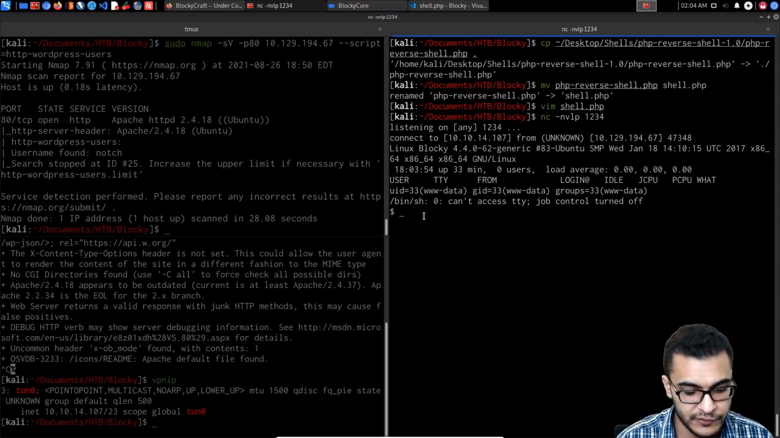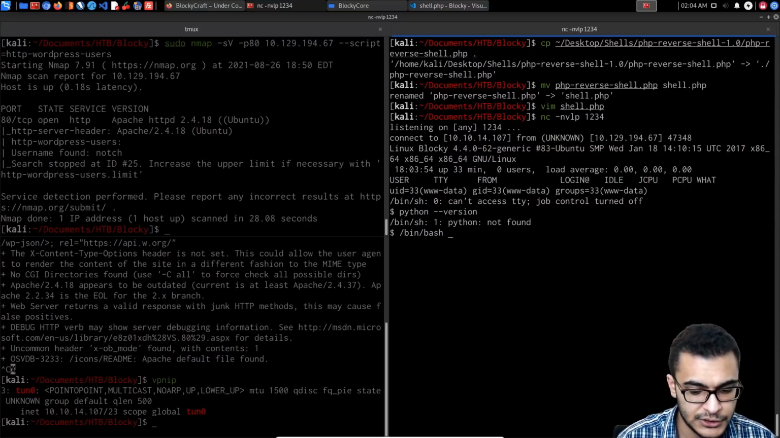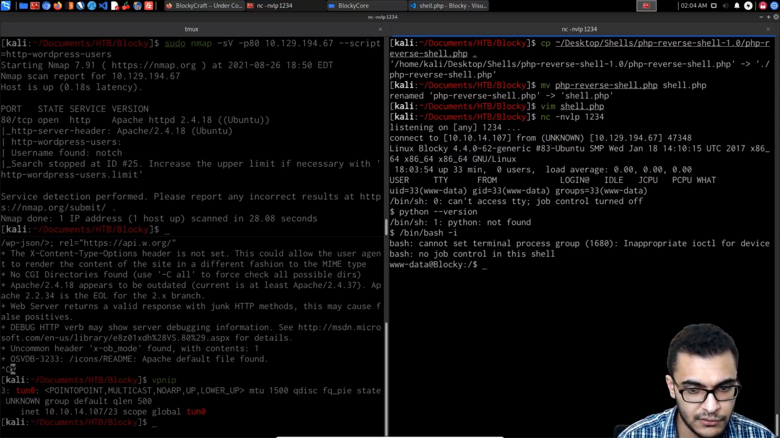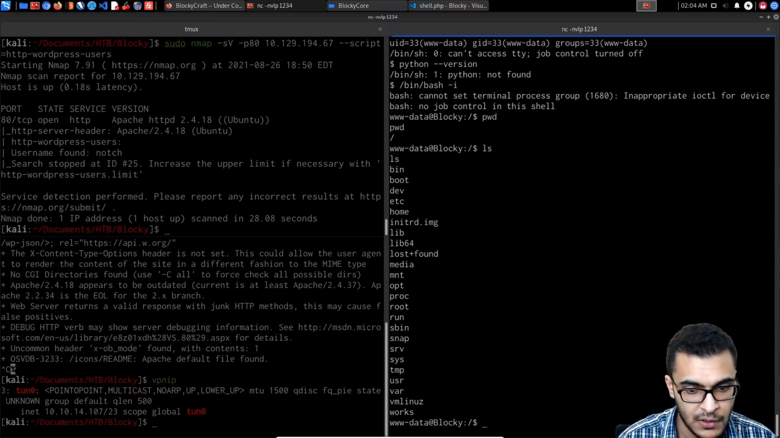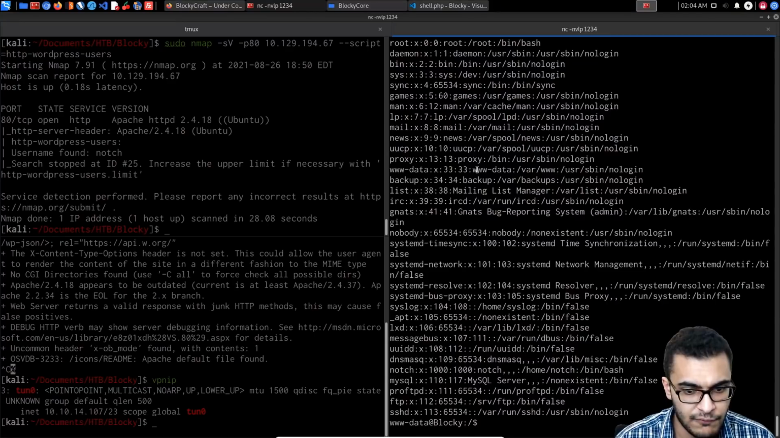And if we say, for example, do we have Python installed, so we can get a bash session? Python not found. So let's try /bin/bash -i, and we get a bash session there. Right, so now that we've got access, the default directory just takes us to the root of the file system. That's interesting. But yeah, if we display the users on the system,